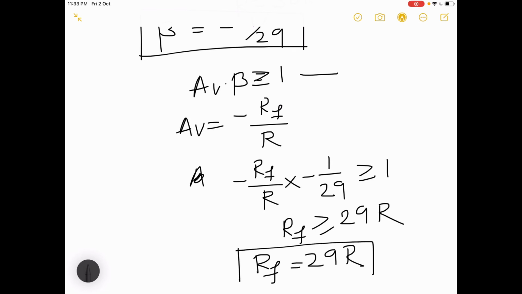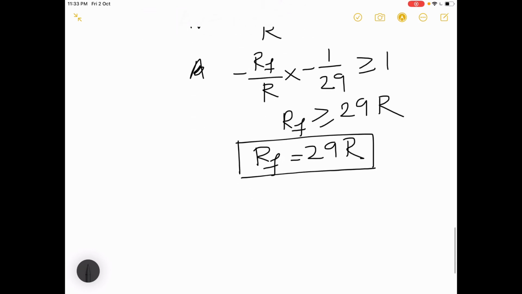Okay. So for designing purpose, this equation is very important. For amplifier designing, your Rf is equal to 29 times R. Okay. So this is about the RC phase shift oscillator. This is the analysis of RC phase shift oscillator. So in the exam, there may be a question like this: design RC phase shift oscillator